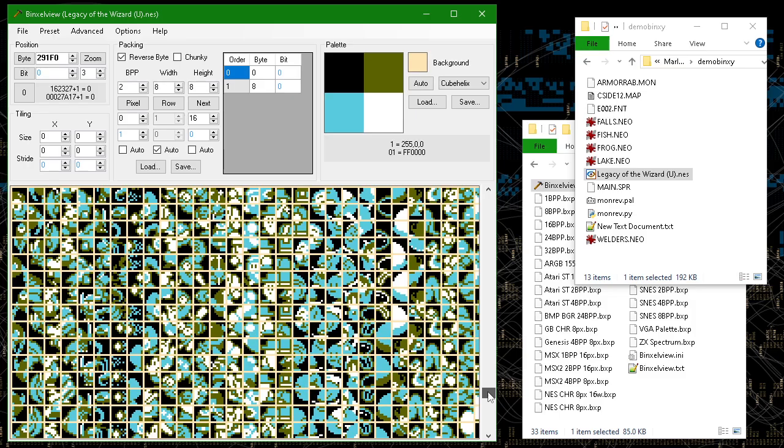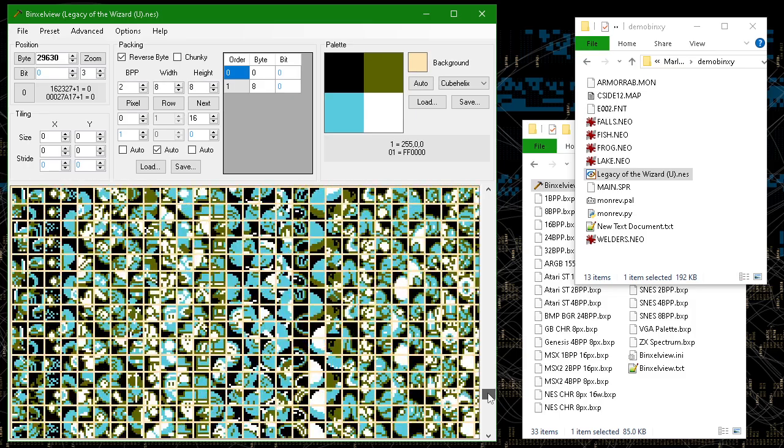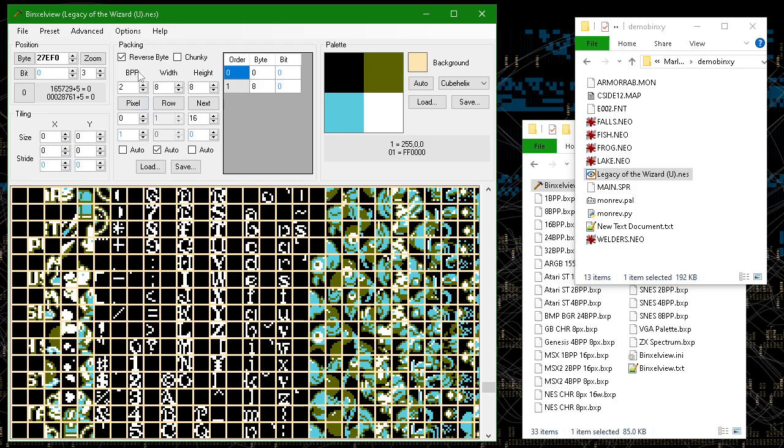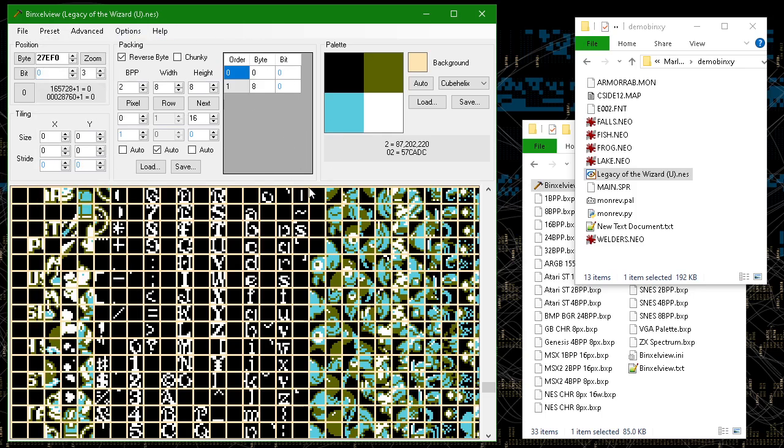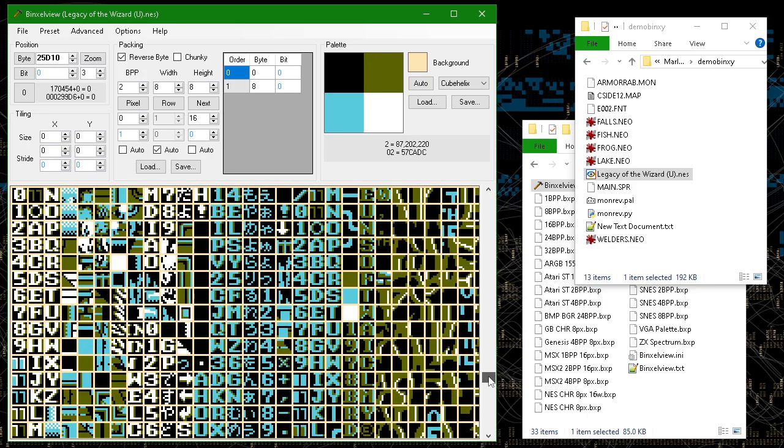But maybe I should explain, so how does a preset come together? The definition of how to read a pixel, the preset, basically all went into this packing window. And I can show you what everything means. Hang on, I'll focus myself on the start of a font set, I guess.